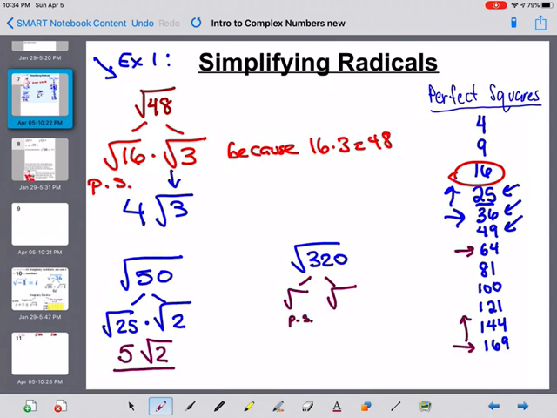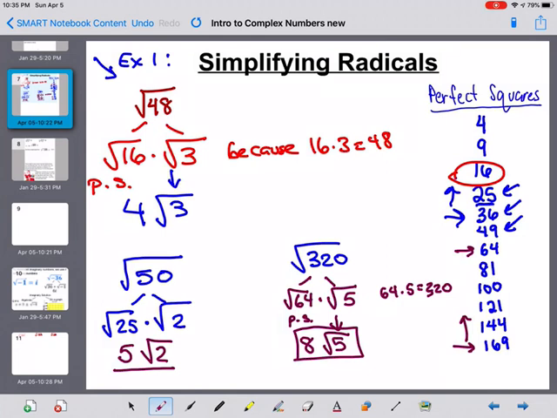So the perfect square that worked was 64. The square root of 320 divided by 64 is 5. Okay, so again, 64 times 5 equals 320, just so you understand where these numbers are coming from. The square root of 64 is 8. I can't take the square root of 5, so it comes down exactly as it looks, and that's the simplified